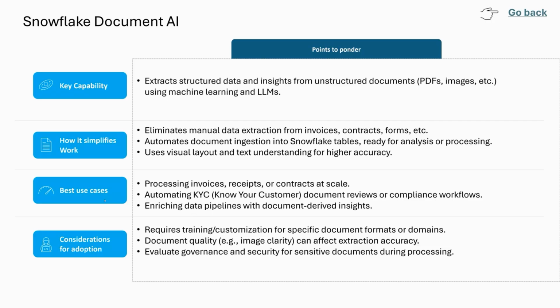I think this is great because there are many organizations who have lots of great information in their documents, and unless you really had some skilled data practitioners that knew what to do, you never really could use it. This now gives every Snowflake customer the ability to leverage their unstructured documents for value. So I think this is a fantastic capability within Snowflake.